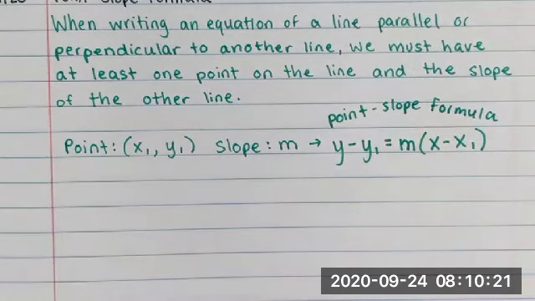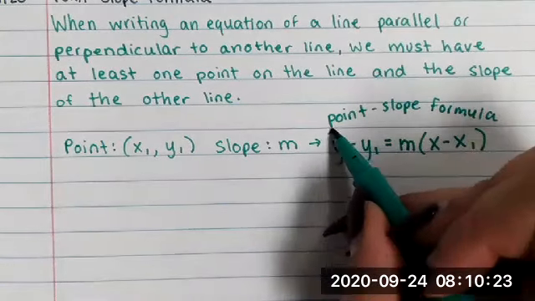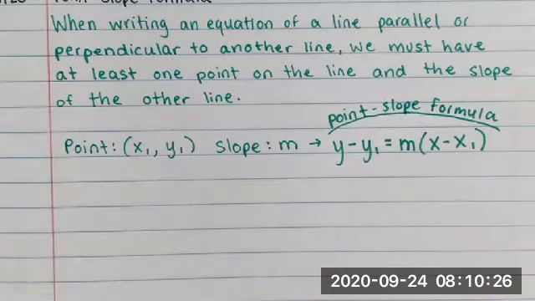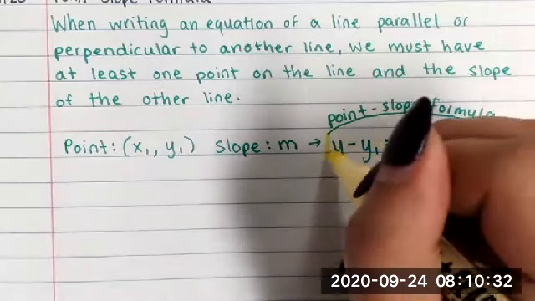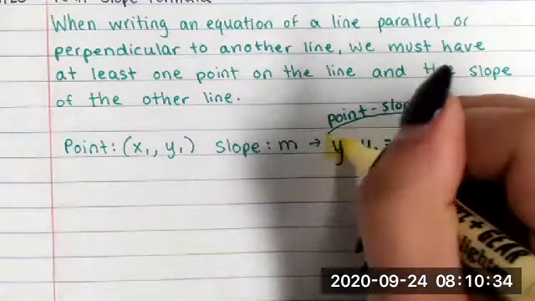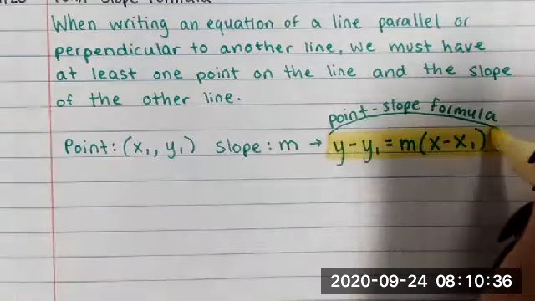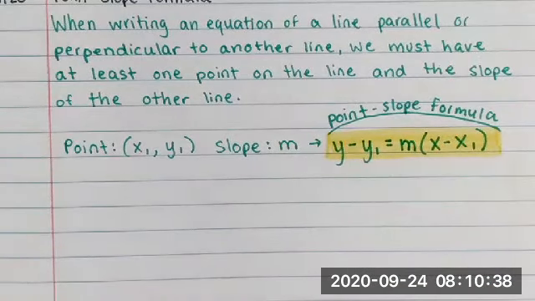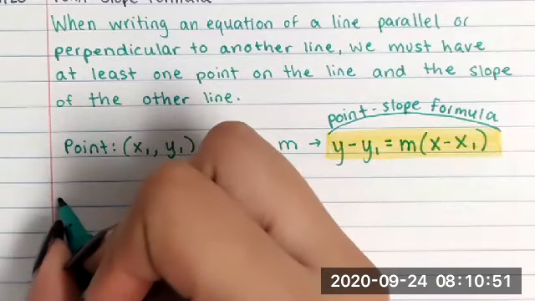Which leads us to point slope formula. Sorry, I'm feeling a little bit extra today. So this guy is going to be our champion of today. This is our set of instructions telling us how we can use that point and that slope to write an equation. So obviously, if we're writing an equation of a line that's parallel,